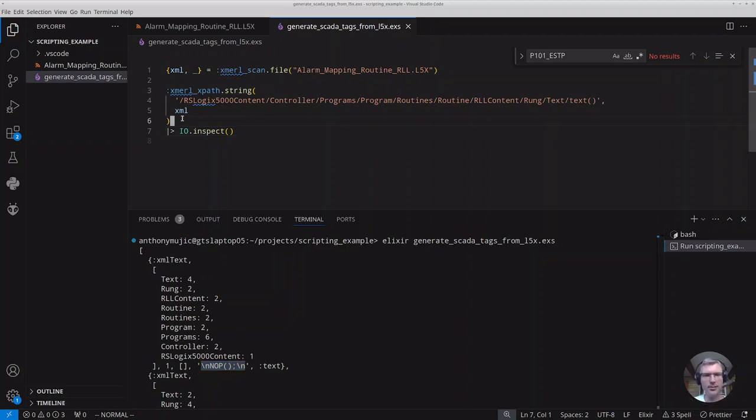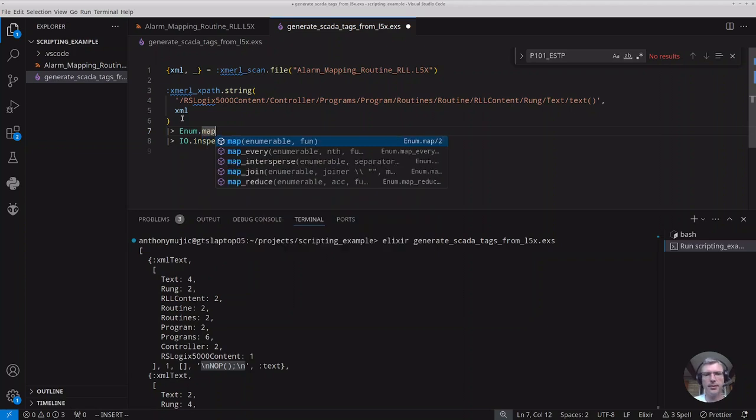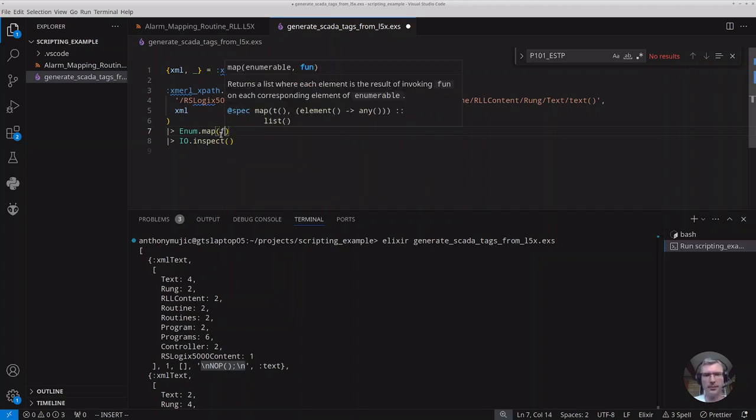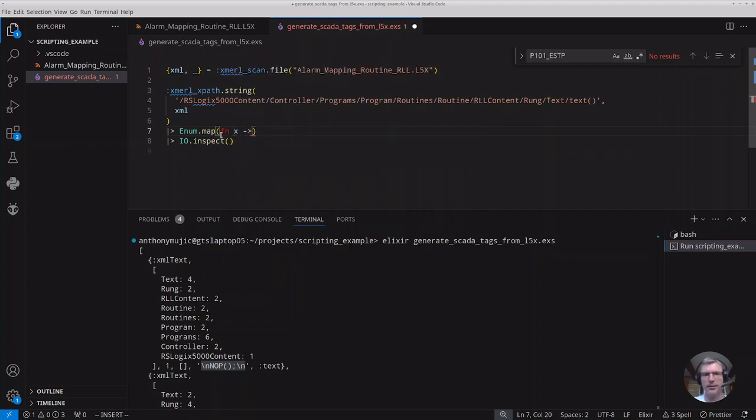So the way to do that in Elixir is to pipe the result into a map. The map is part of the Enum module. And so this list will be passed into the first element, so it needs an enumerable, and then it applies a function to each element. So the way we'll do that is with a function, and then for each